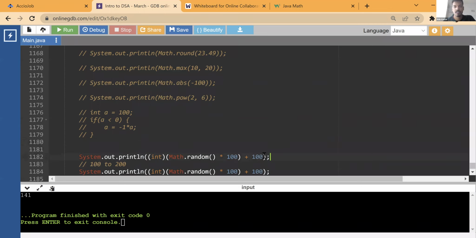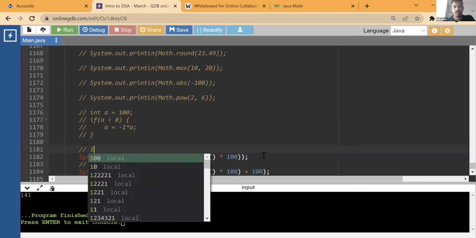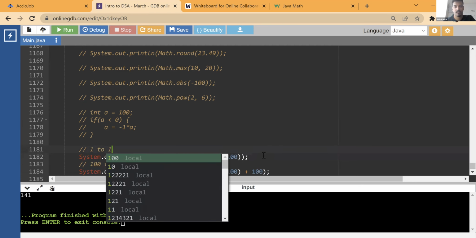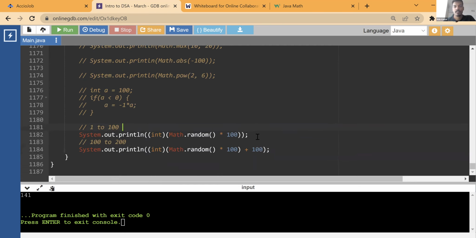Paste it. Remove this. This is 1 to 100. Okay. Now the question is 1 to 300. What about 300? So when you multiply it by 100, you get in that range of